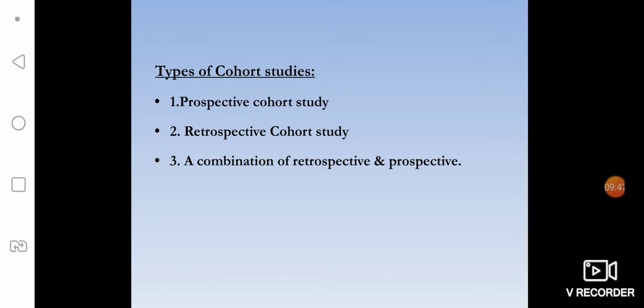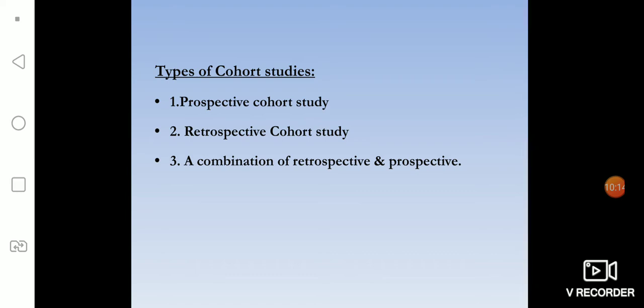That is, you are following up with the people or with the cohorts for that particular period of time, whichever you have defined in advance. Now let us see a retrospective cohort study. We will see it in a similar way, but in a different pattern. Here, we have people whose details are available from their primary schooling. Now we are at 2020. So what we will do is go back 20 years.